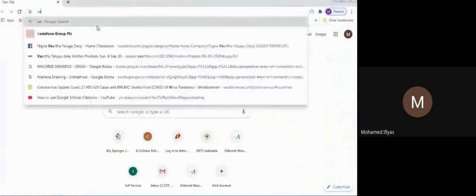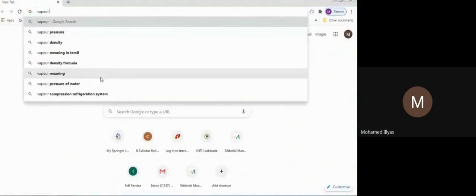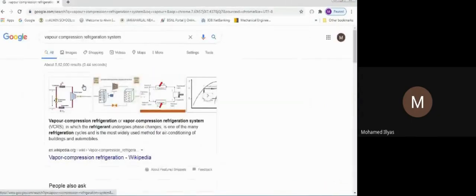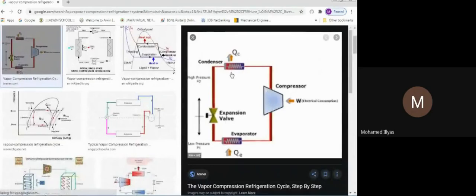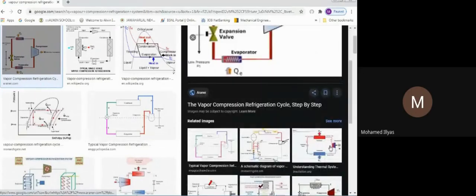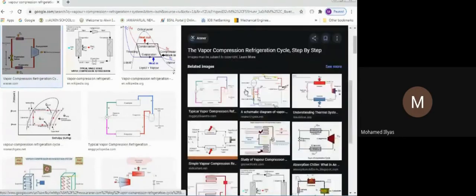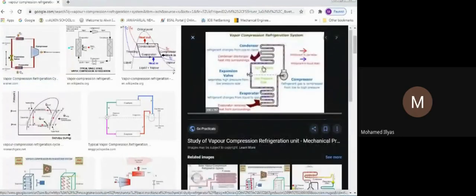Okay, I'll write vapor compression refrigeration system. Can you see this image, my dear friends? Okay, I'll take another diagram. So I'll take this diagram. Is this diagram visible? Others also, please. Okay, so if you take your vapor compression system, first of all all our